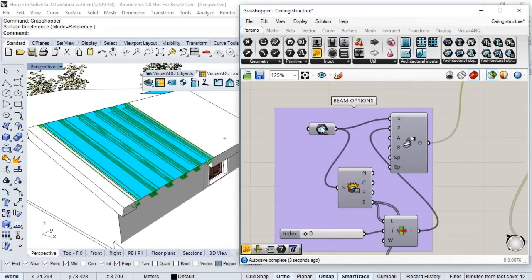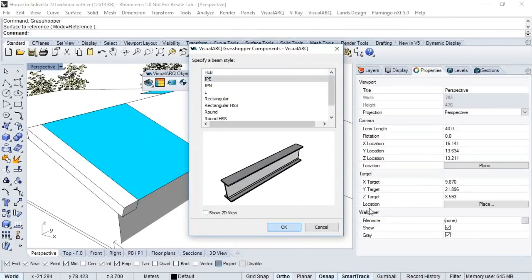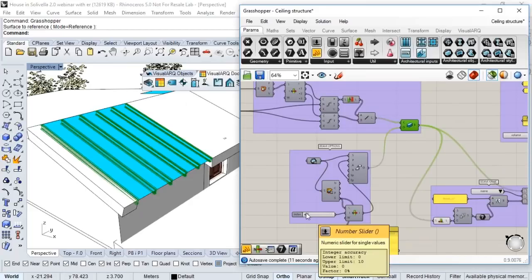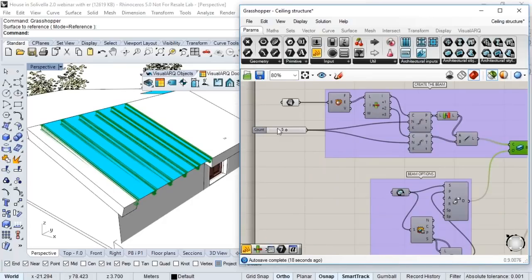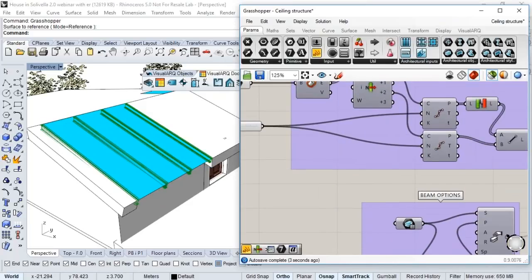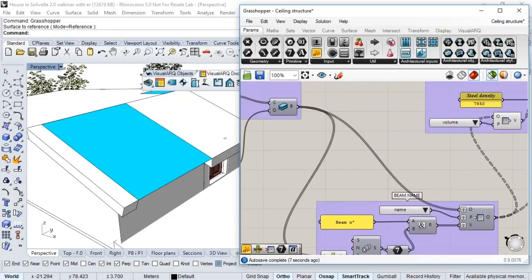Let me pick another style, for example this one, and again I get a list of sizes, so I just pick the one that I need. And here maybe we don't need so many beams, 4 would be okay. Finally, once I've got the beams,